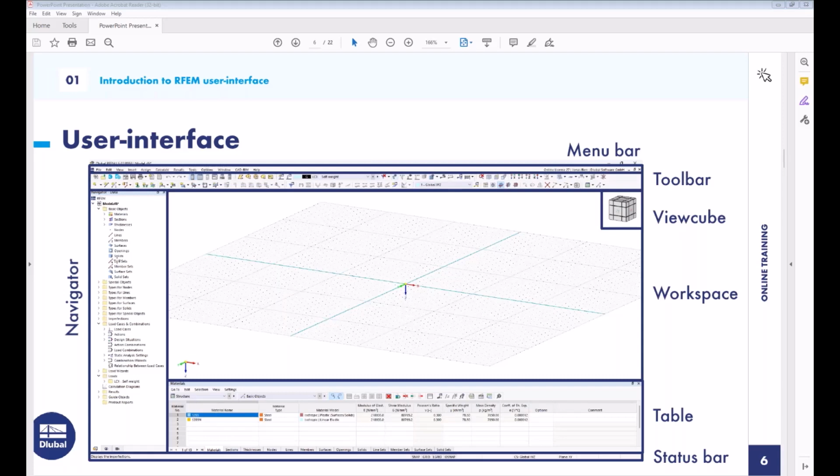You can also design in the navigator or in the toolbar. It's also possible in the menu bar. The view cube and the workspace, I will show you then in the program. The table, you can also create objects in the table, and the table is very important for the designs